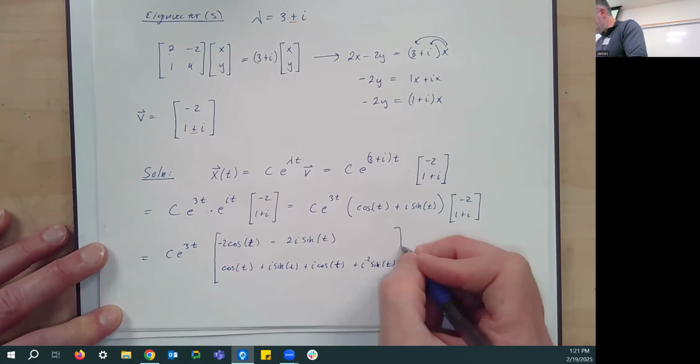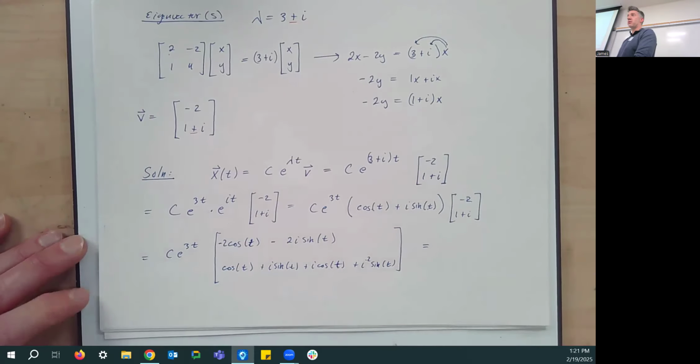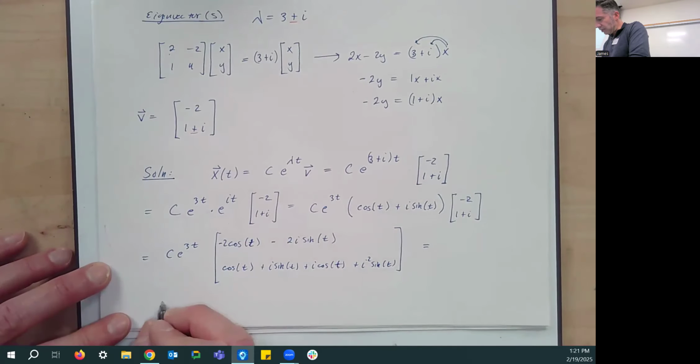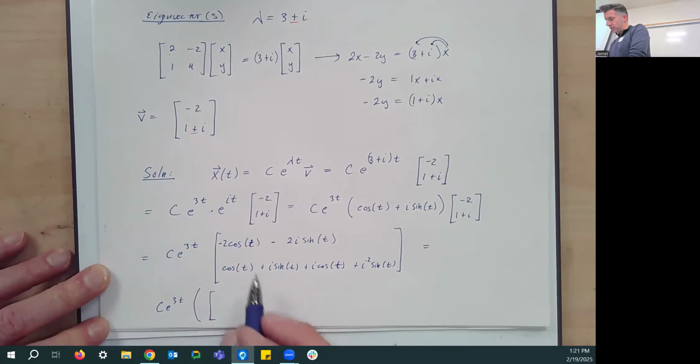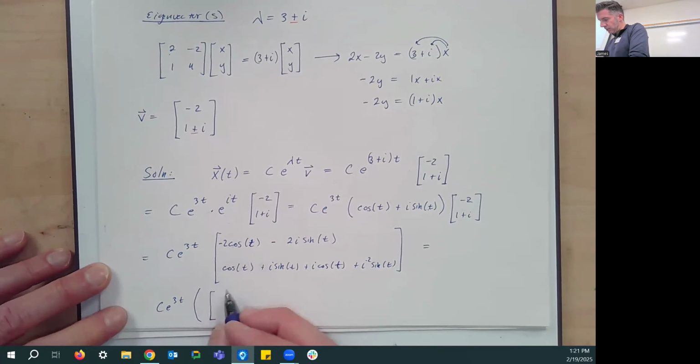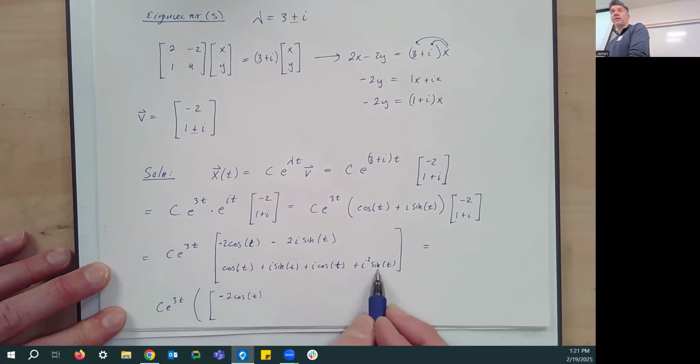And then we break it up into the two pieces. So we're going to have c e to the 3t, and then we're going to multiply that by two vectors. The one with the real parts, which is negative 2 cosine t in the first coordinate here. And the second coordinate, it's cosine t minus sine of t